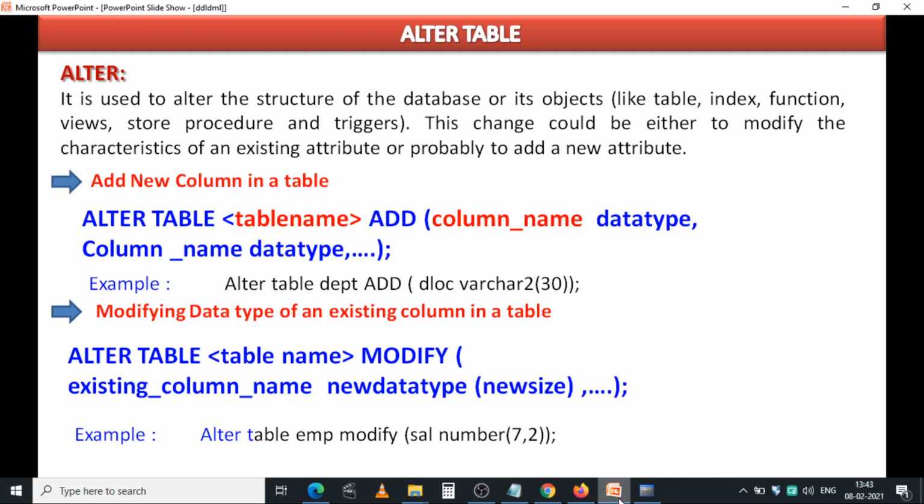Alter is used to modify the structure of database objects like tables, indexes, functions, views, stored procedures and triggers.